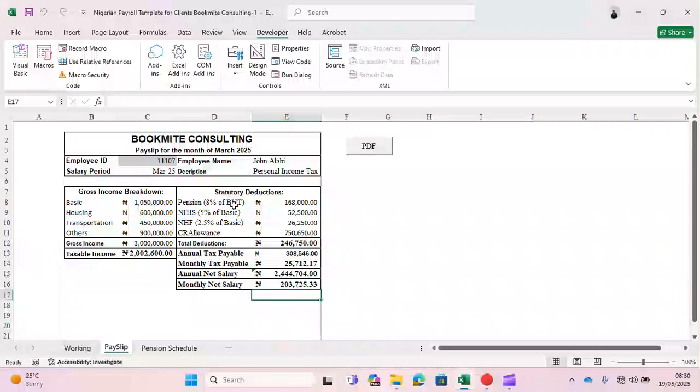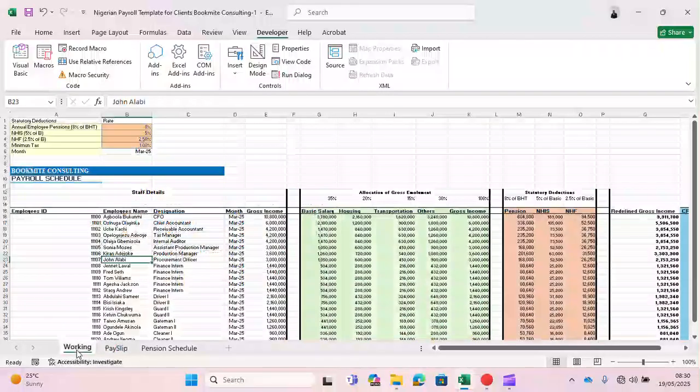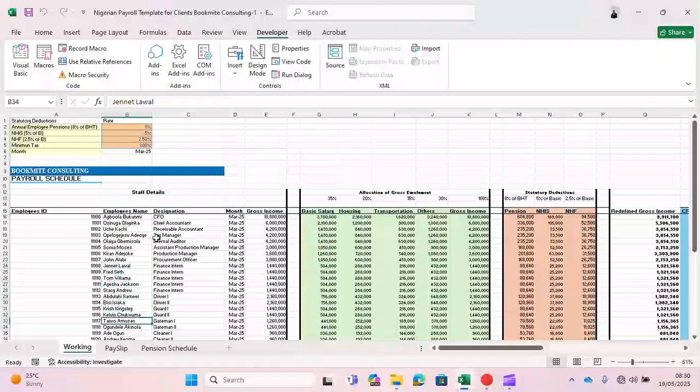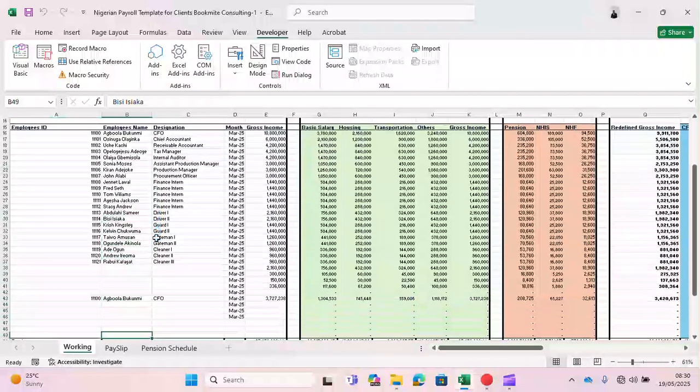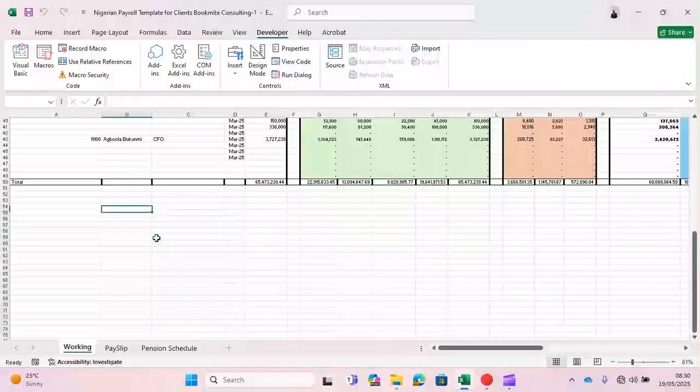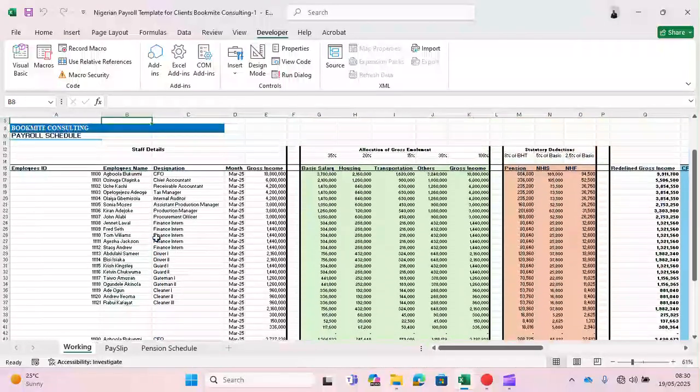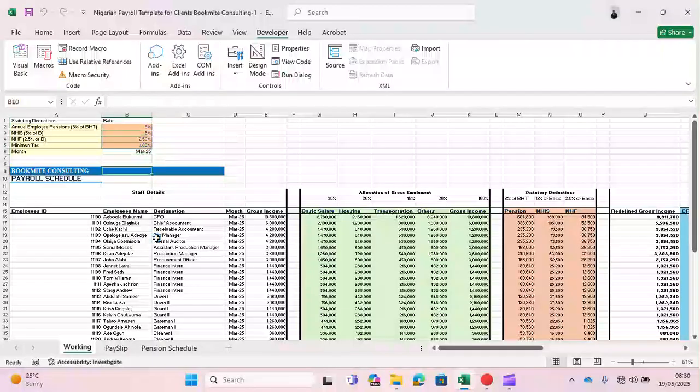One thing is that you need to send it to each employee every month, and that's going to take time. It depends on the number. Let's assume that we have like 200 employees. In this one, I think we have like 20. So if you have 200 employees, that means you need to print the PDF for each of them and send it to each of them, which is going to take too much time. So in order to avoid wastage of time on these repetitive tasks,